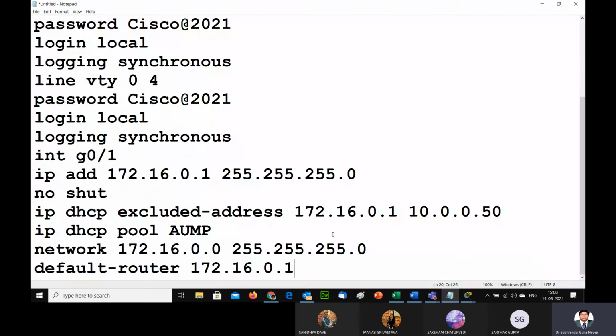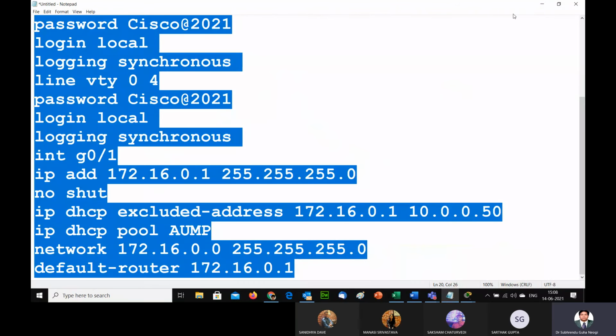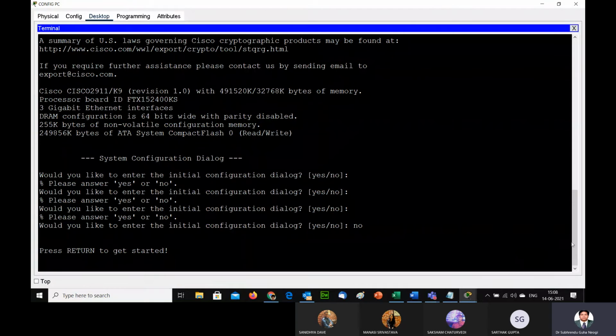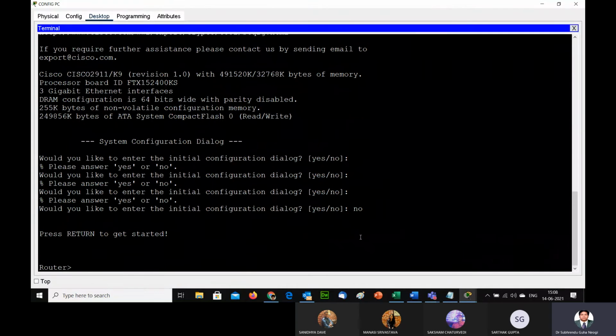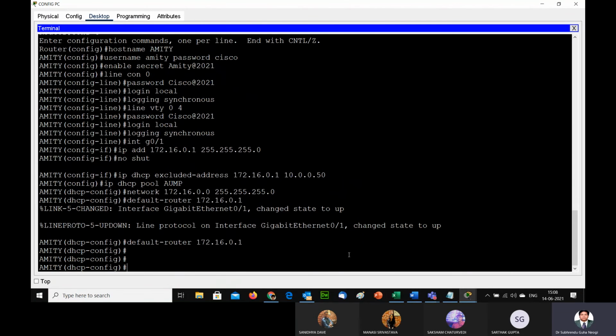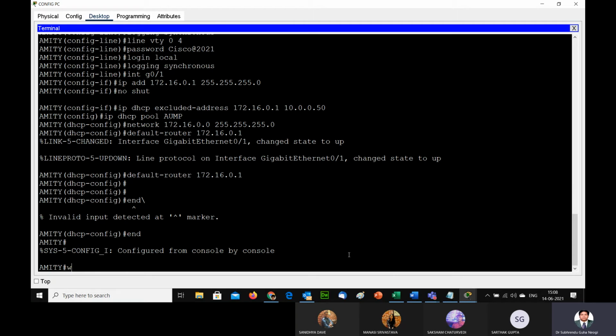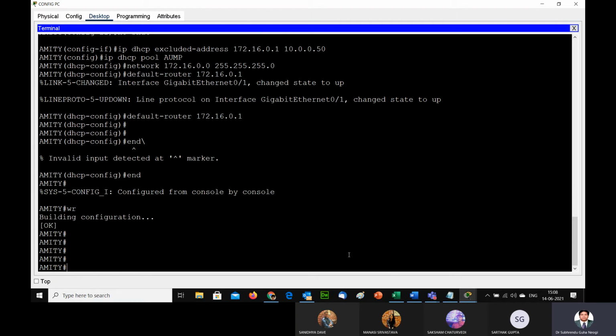So I'm actually going to paste it. So I am showing you the way. If I go and paste it here, just paste it, and you have to type end, and you have to type WR. So you have to type end, and you have to type WR, and after that, if you type show running